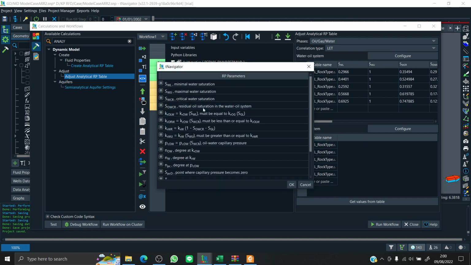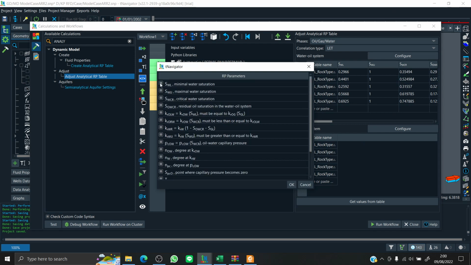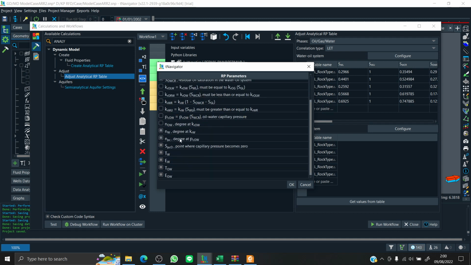And for the RP parameters here, only the SOR and the LET values. The L is actually denoted by N right here.